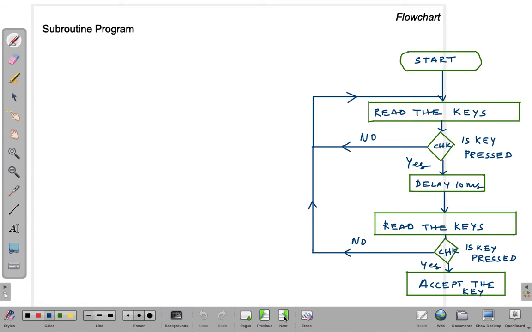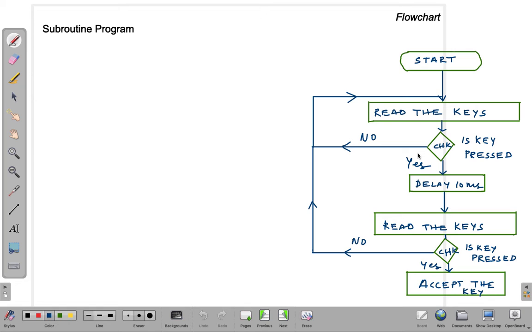In this slide, I'm going to teach about how to write a subroutine program to make 8051 microcontroller understand whether a particular key is pressed in this keyboard or not. In this example, we have taken 8 keys. So as a start, what we will normally do is we will first check the status of the key. The status of the key can be read by the 8051 microcontroller by reading the status of port register. In this case, port 1 is connected to 8 keys. By reading the status of port 1 register, the programmer will be able to understand whether the keys are ready for any application or not. So that is the first step we will do. We will read the status of the key.